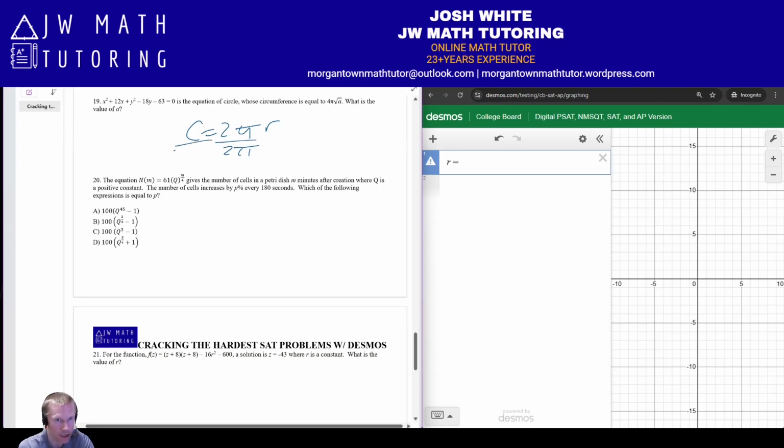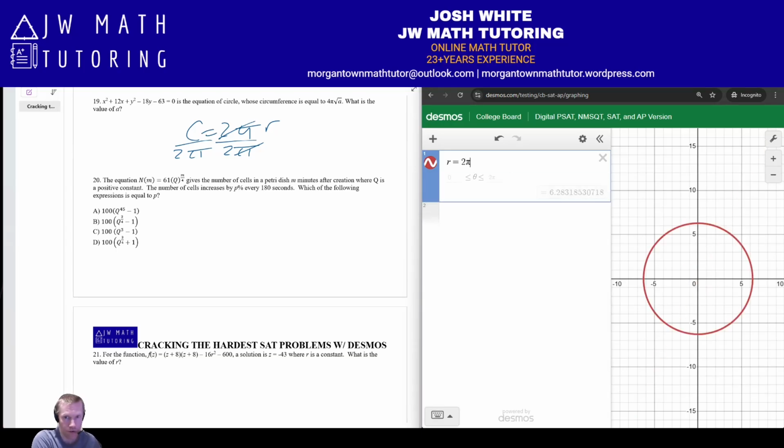So therefore the radius, if you solve for it, would be equal to the circumference divided by 2 pi. So first thing I'm just going to type in is the circumference, which is 4 pi square root a,